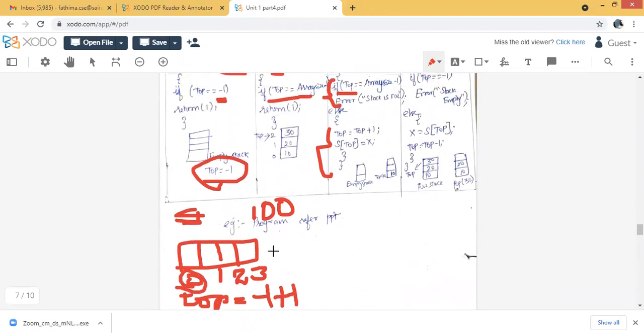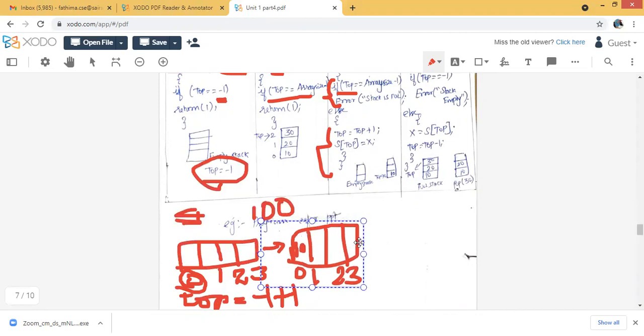So I have to insert the element at index 0. So stack[top] will be x, so I insert 100. Okay, this is my 100.